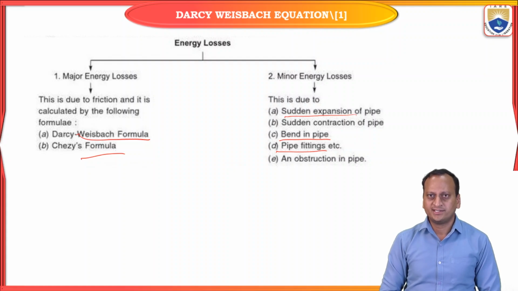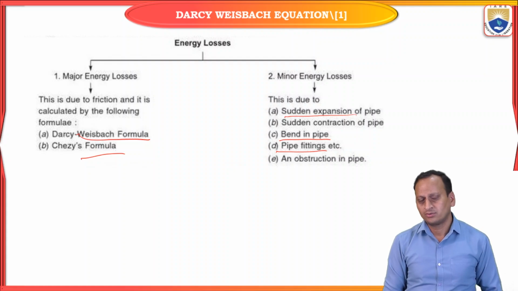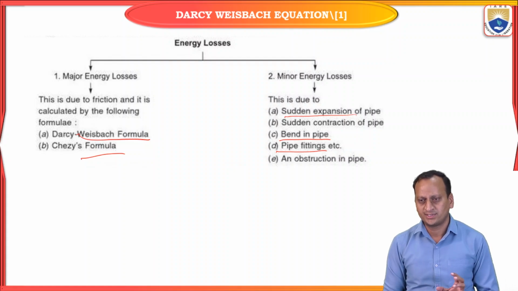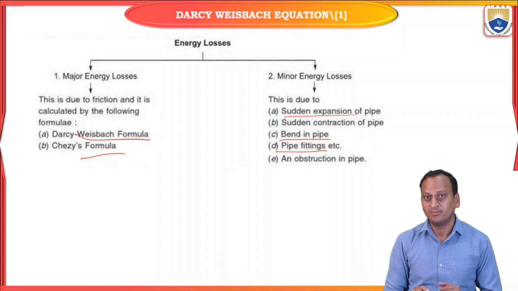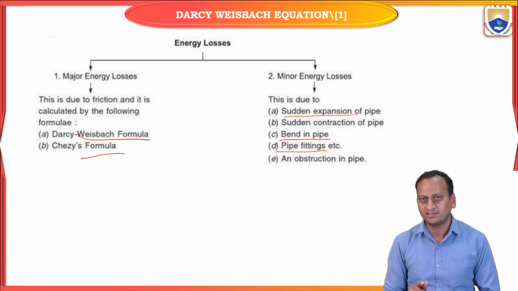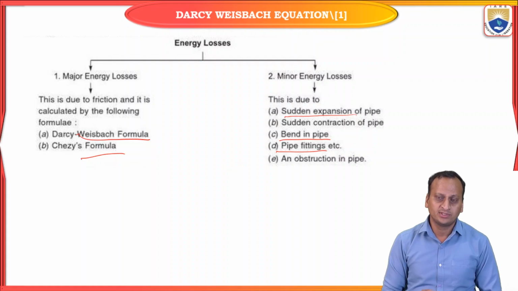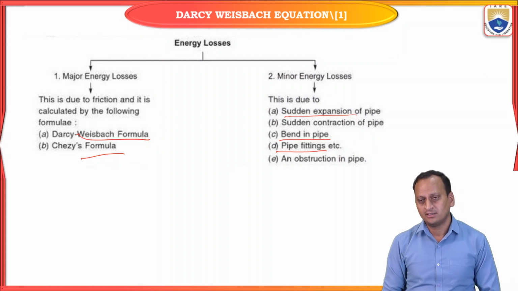Basically, as we are discussing closed conduit flow, the fluid is always running through a pipe only, not through an open channel or canal. While the fluid is flowing through a pipe from one point to another point, there will be different types of losses. Those losses can be classified into major and minor energy losses. But if the loss occurs due to frictional resistance,